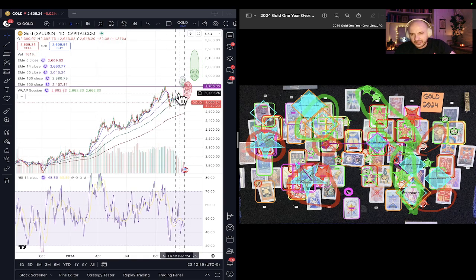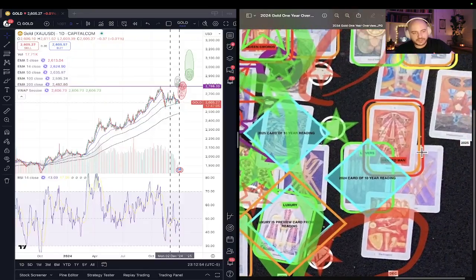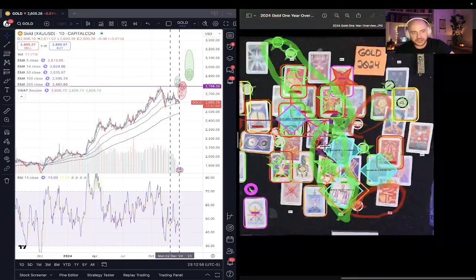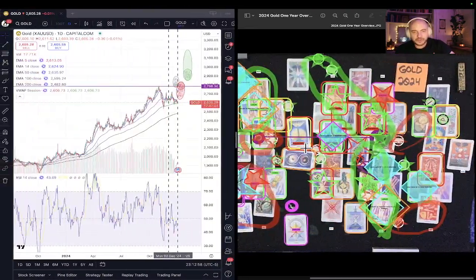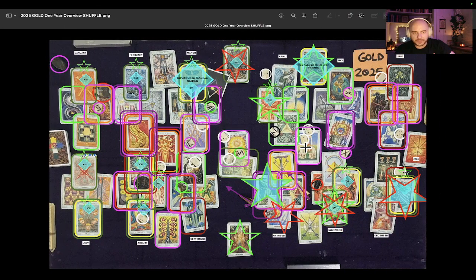And it looks like we went a little haywire here at the very end of the month. But again, these one-year readings, you sometimes need to give them as much as plus or minus 2 to 3 weeks of wiggle room. Usually plus or minus 2 weeks if you have to give it wiggle room. And we do have this breakout, like I said earlier in this video, which hasn't taken place yet. So my sense is that it's just right around the corner, about to happen.